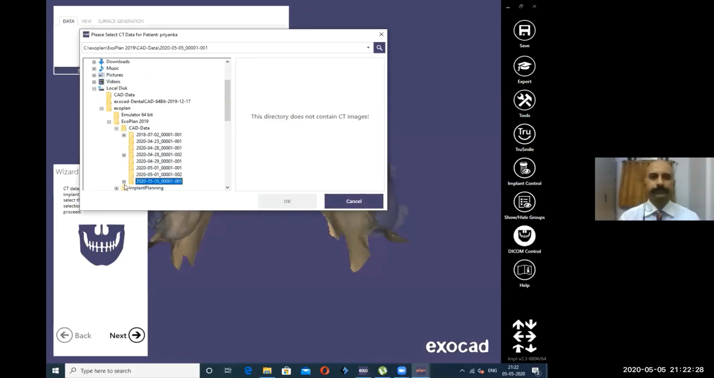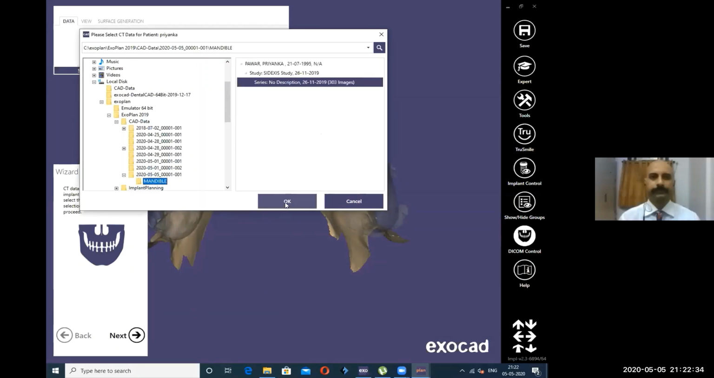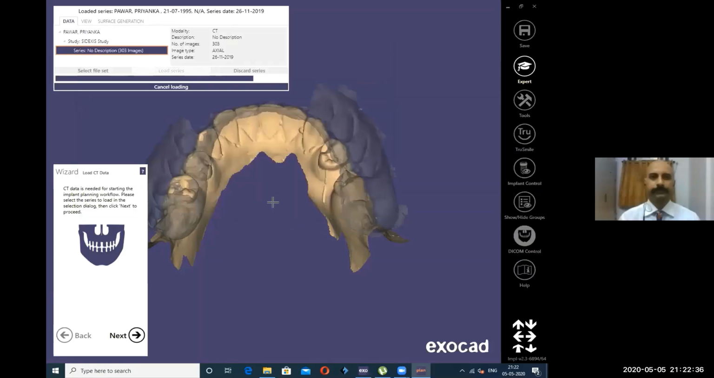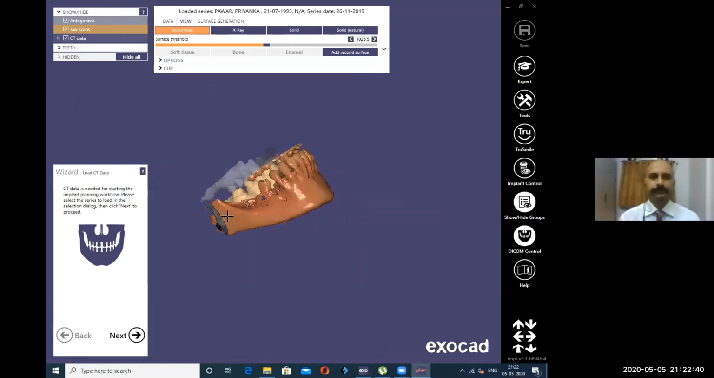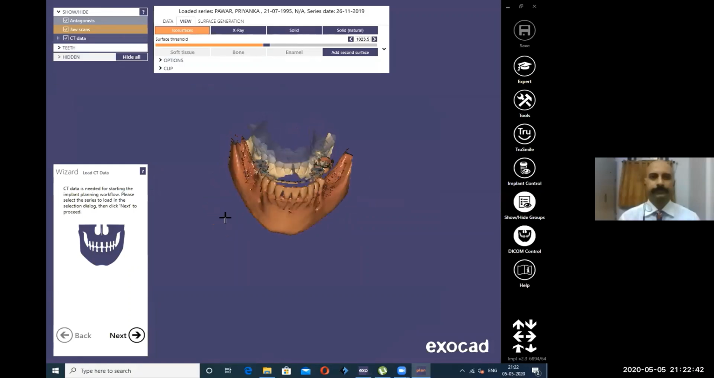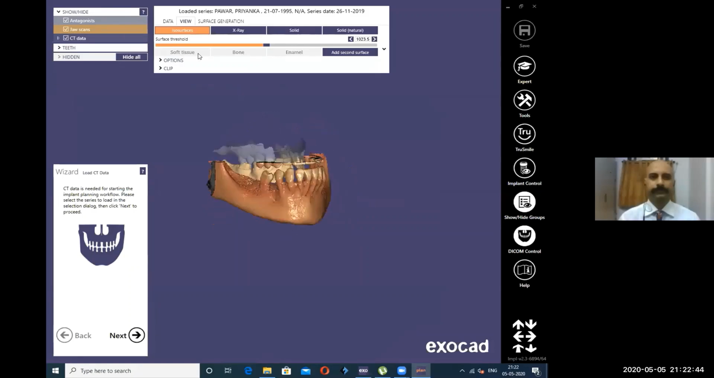After that we will be loading mandibular CBCT data of the patient. So here we will load the CBCT data of the patient. So all the requirements are fulfilled. So all the input details are given to the software. Now the software has an inbuilt